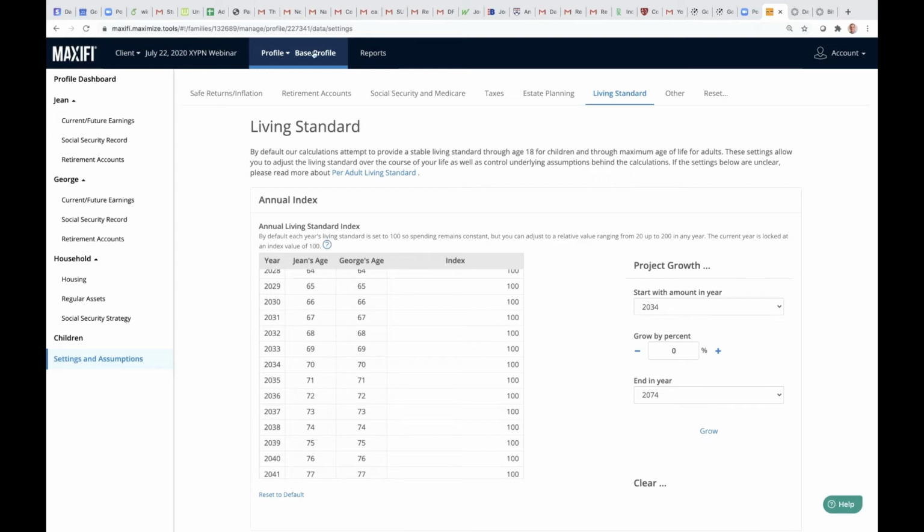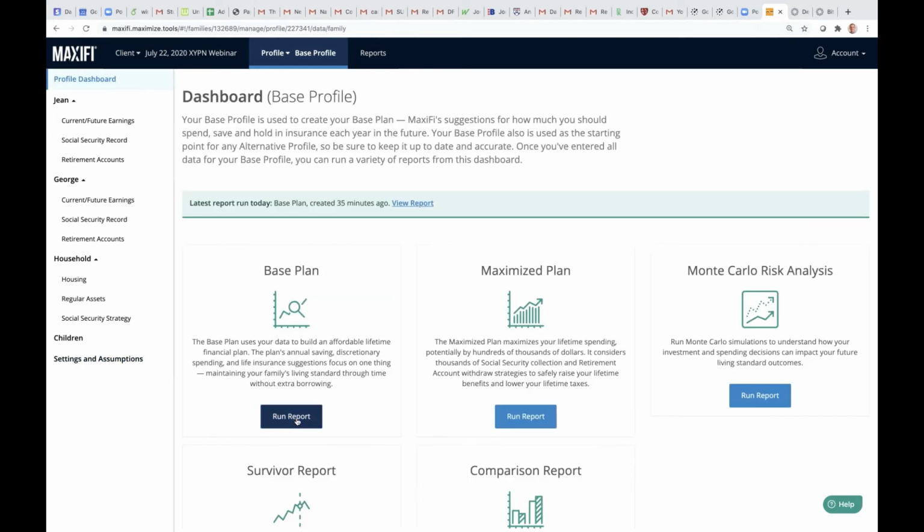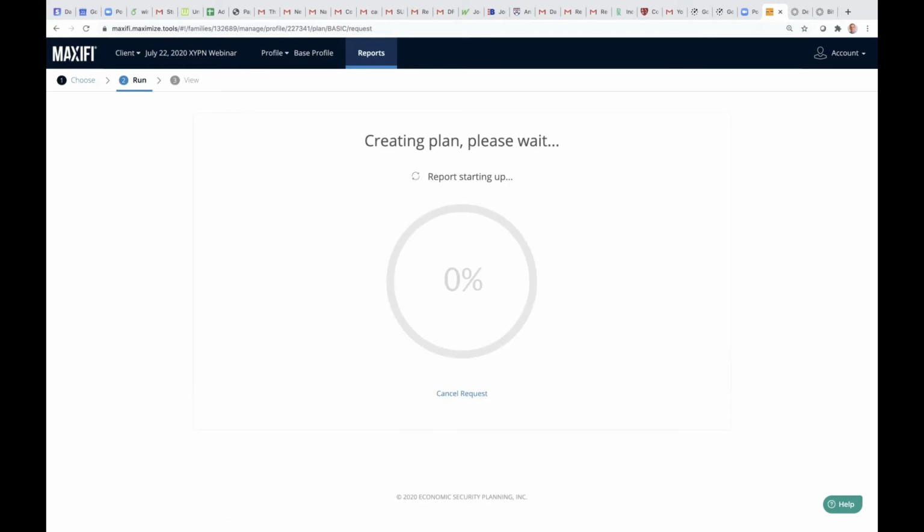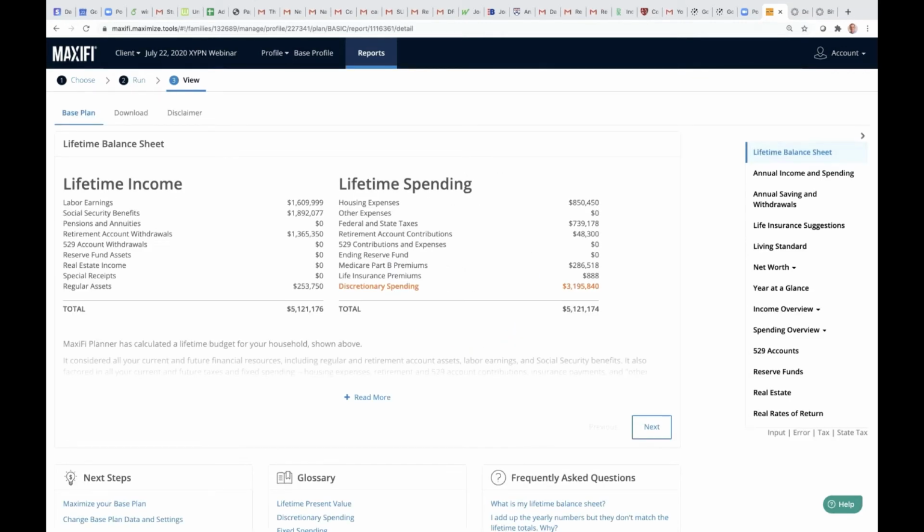But anyway, I'm going to go here to the base profile. I'm just going to run it, and I'm going to show you where we're starting with this couple. So we're starting with them having a lifetime balance sheet that actually balances, except for about $2. So they're going to be receiving in lifetime resources or income 5.1 million, and they're going to be spending